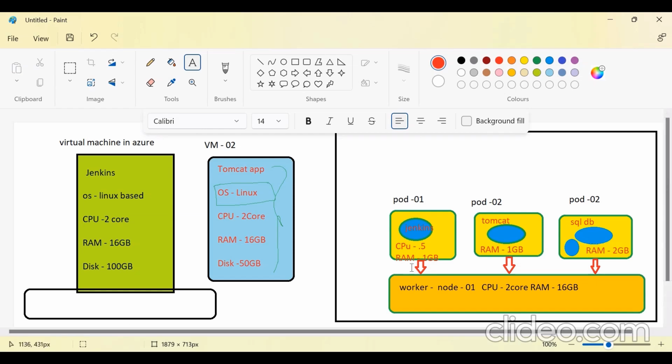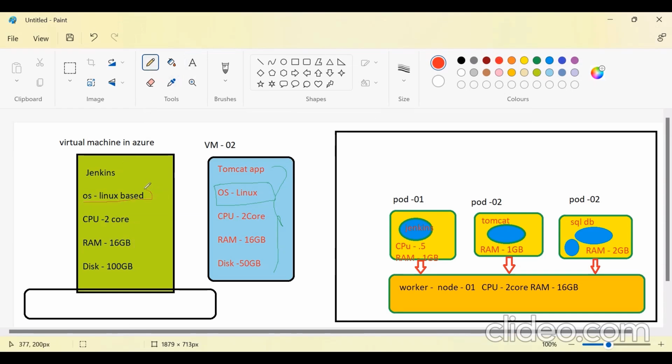Okay. So why do they use less RAM and CPU? Because we don't have any dependency on the operating system. Generally, if we are using an operating system, this operating system also requires some CPU and memory to boot up. That's why we have to assign a virtual machine 2 core and 16 GB, because the operating system also requires some memory and CPU to come up. If you assign only 1 GB RAM, you will experience that the operating system is very slow. So you have to increase the RAM and the CPU, and then the performance of the virtual machine will be very fast. So the operating system also requires some CPU and memory to bring the application up.